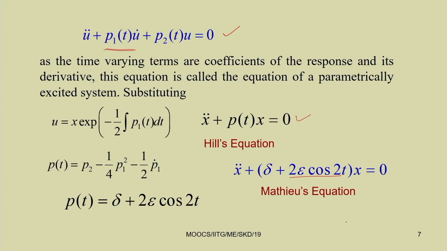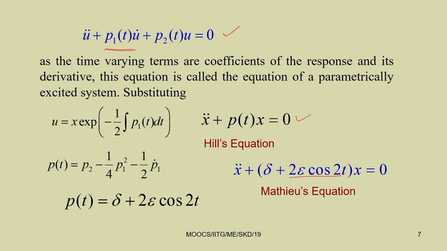Unlike in the case of forced vibration or direct excitation, you know that resonance will occur when the excitation frequency is equal to the natural frequency of the system. For example, in the case of a single spring mass system, when the excitation frequency is equal to the natural frequency, you have observed the resonance condition.